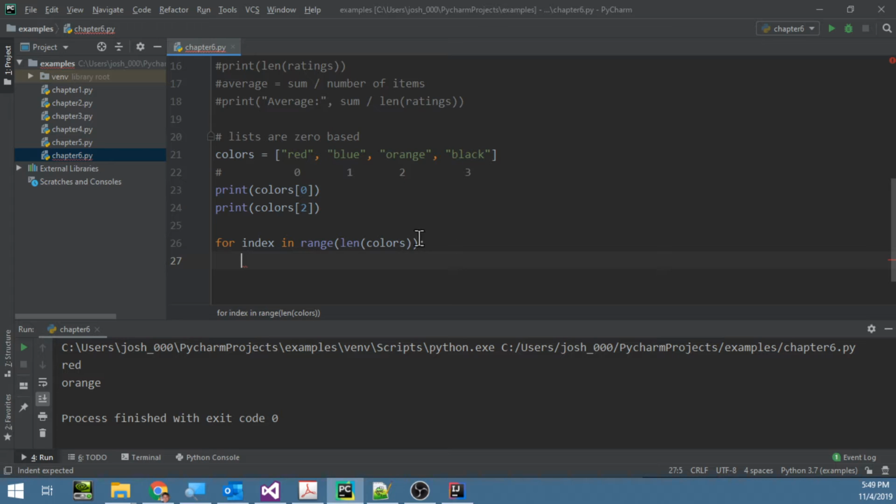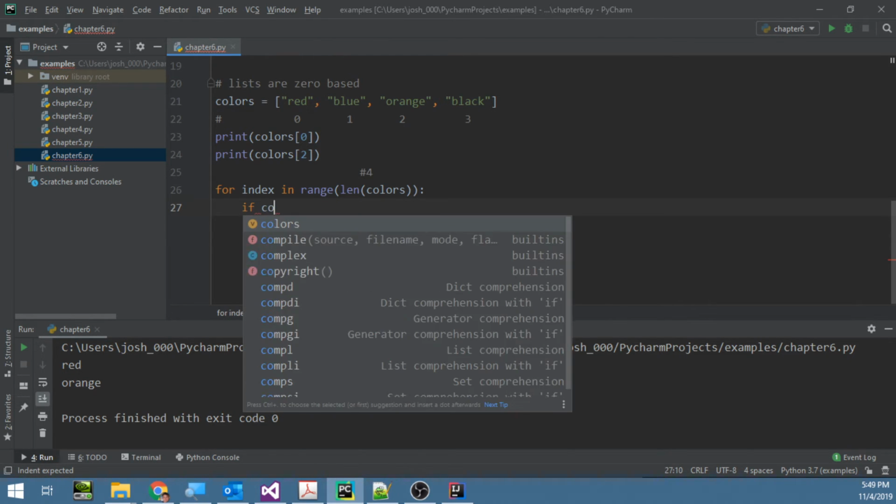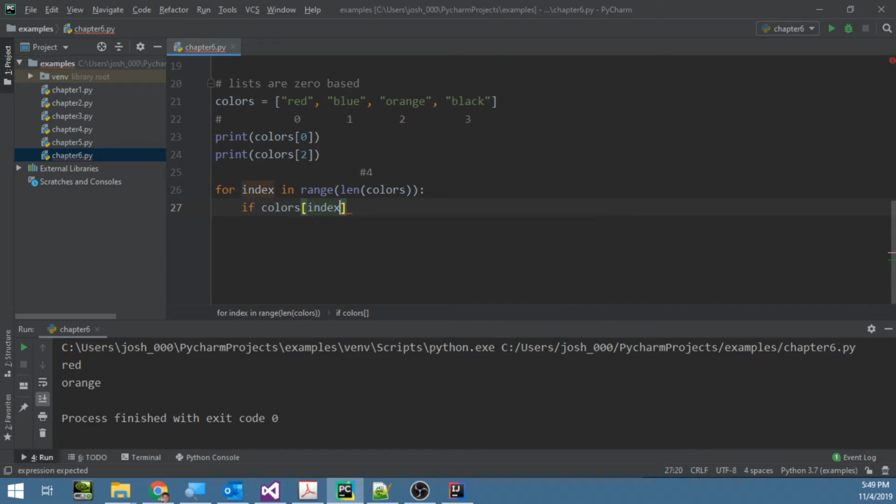And so we're going to get the length of the list programmatically, which is 4. If it helps you, we can just put 4 right here, because that's what it is right now. There's 4 items in the list. And if we said if index equals blue,